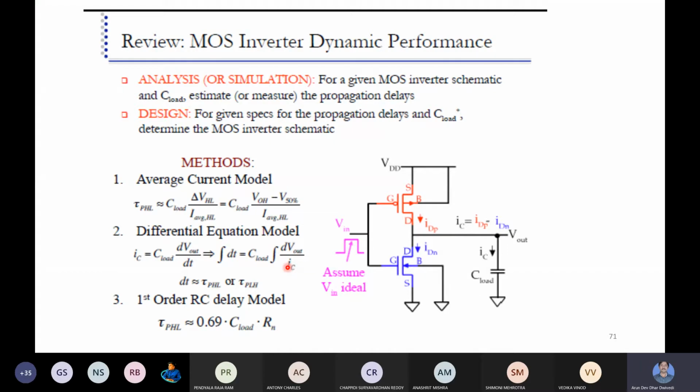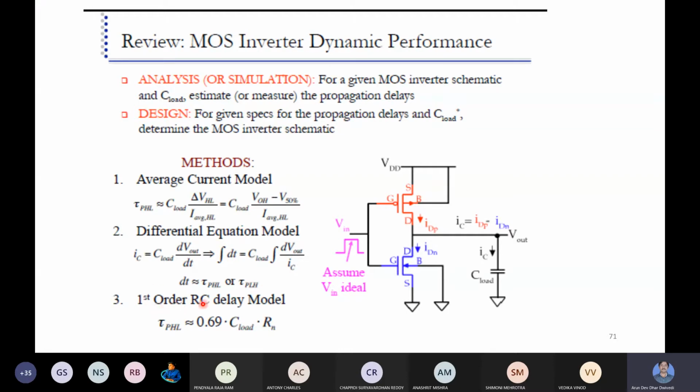Initially the voltage limit is from VOH up to VOH minus VTH. Then the second limit is VOH minus VTH, up to V50%, which is 50% of VOH, or we can say VOH by 2 or VDD by 2. That method we have already discussed last time, and we will repeat it.